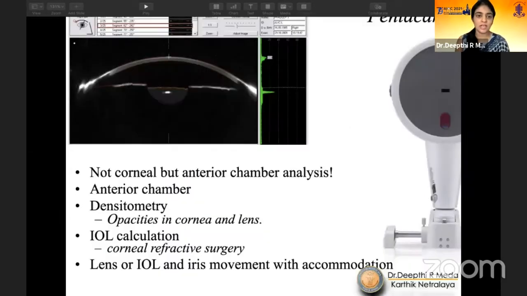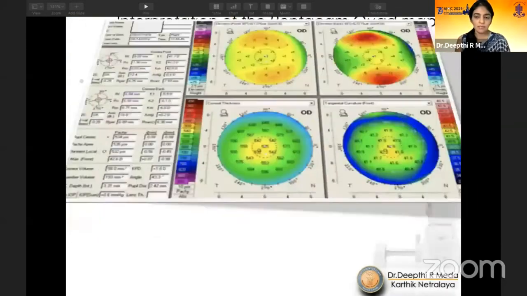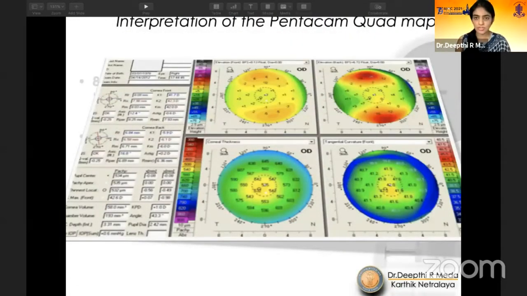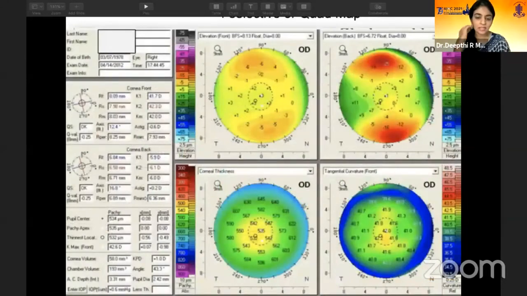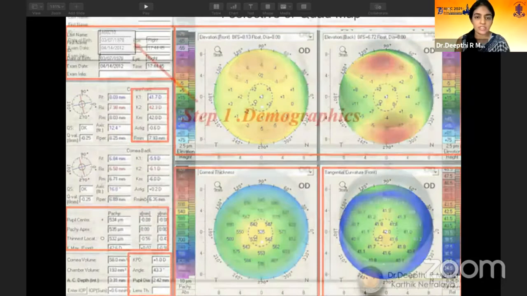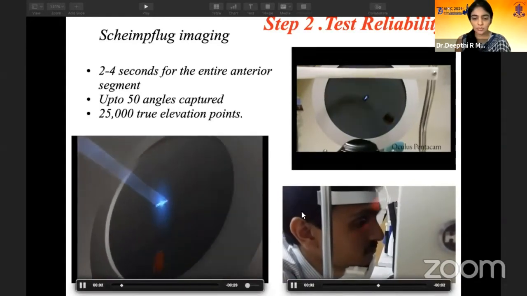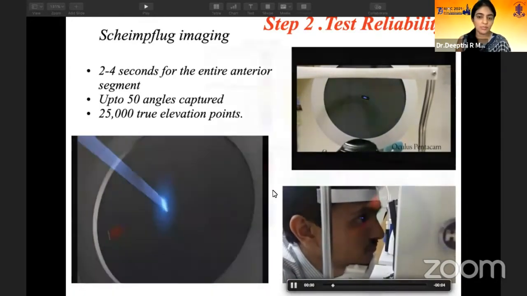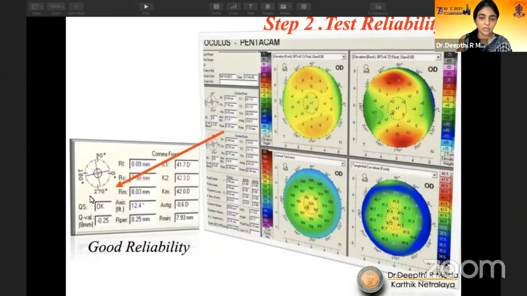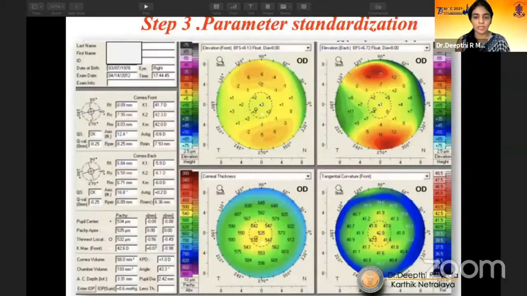As we know, Pentacam is Scheimpflug based, and there are a lot of options or maps available. But most often what the patient would bring to you is this quad map. Now, before you start analyzing, it's very important that you mentally segregate any map into areas. I always start with the demographics to make sure I'm seeing the same patient, and always check for quality. The patient might have moved while doing a scan, so how do you know it's a reliable scan? In Pentacam, a very good way to check is called QS. Only if it is white, you go ahead. Anything red and yellow, always ask your technician to go back and redo it.